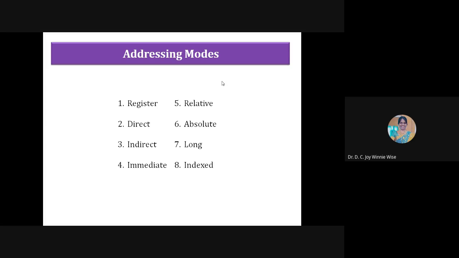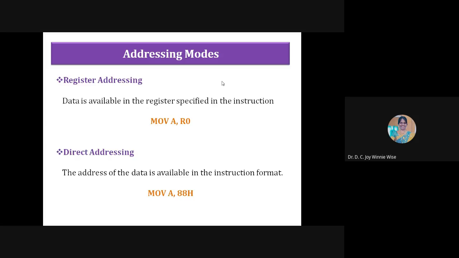The first one is register addressing. Addressing modes describe what the operands will be, whether it is a register, data from a memory location, or direct immediate data. Okay. First one, register addressing.